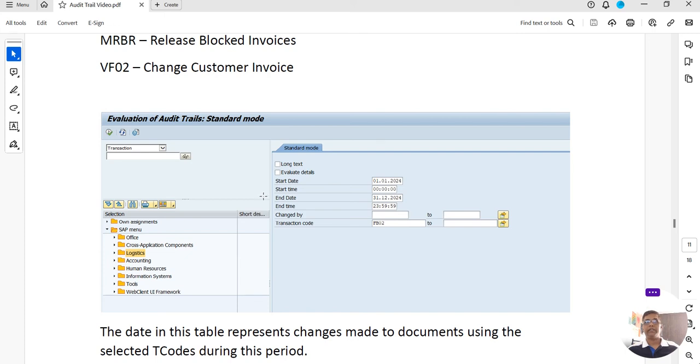So if I say, like, on 31st of January you have posted one document, and on 1st of February you made some changes. When you enter 31st January to 1st February, all changes which have been made on 1st February only will be displayed. The original posted document will not show here. So what you can do is give the transaction code for which you want to generate the report and give your audit period date range